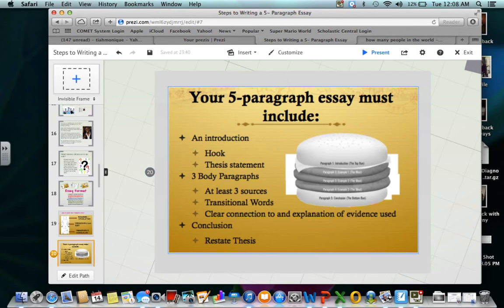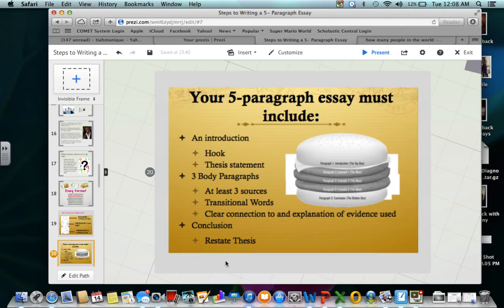Overall, you have your introduction on top, your conclusion on the bottom, and in the middle, the real bulk of what you like in your sandwich, is the body. So remember, start off with the top, end off with the bottom, but the body is the bulk of it.